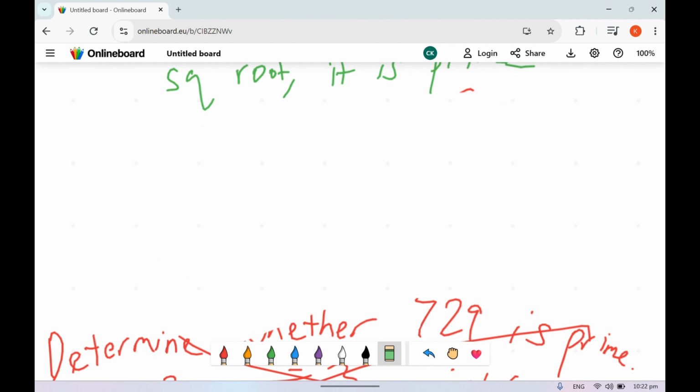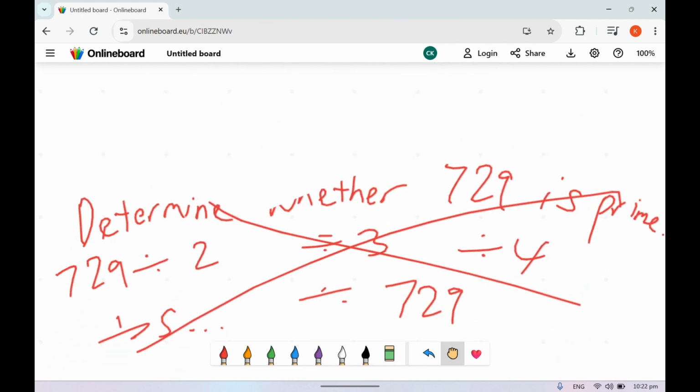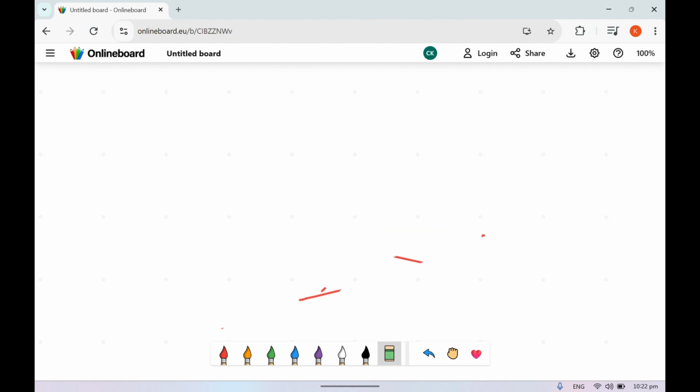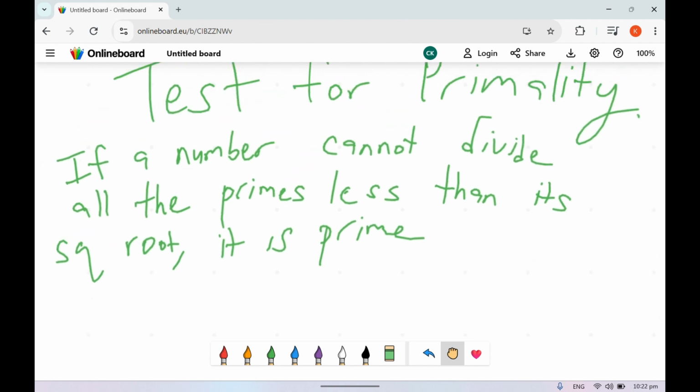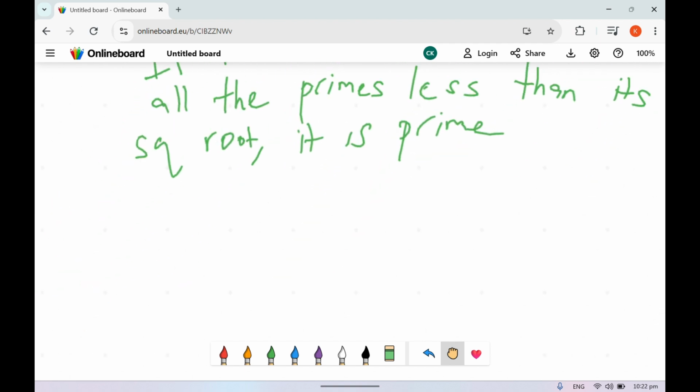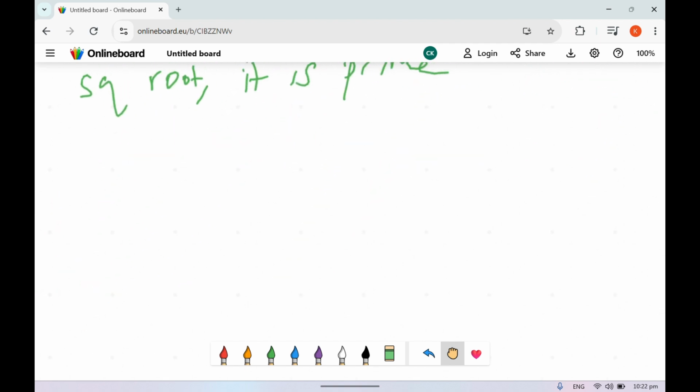Now, the reason that you don't need to do that, I'll explain. This method is actually better than your classic method of dividing by everything, because there will be way fewer things to divide. But as I said, if you're dealing with big numbers, this method still won't be flawless. There will still be flaws in it. But at least it's better than your classic methods. Now I'll explain why you don't need to divide by everything, you just need to follow this rule. Let us go through something super simple first.